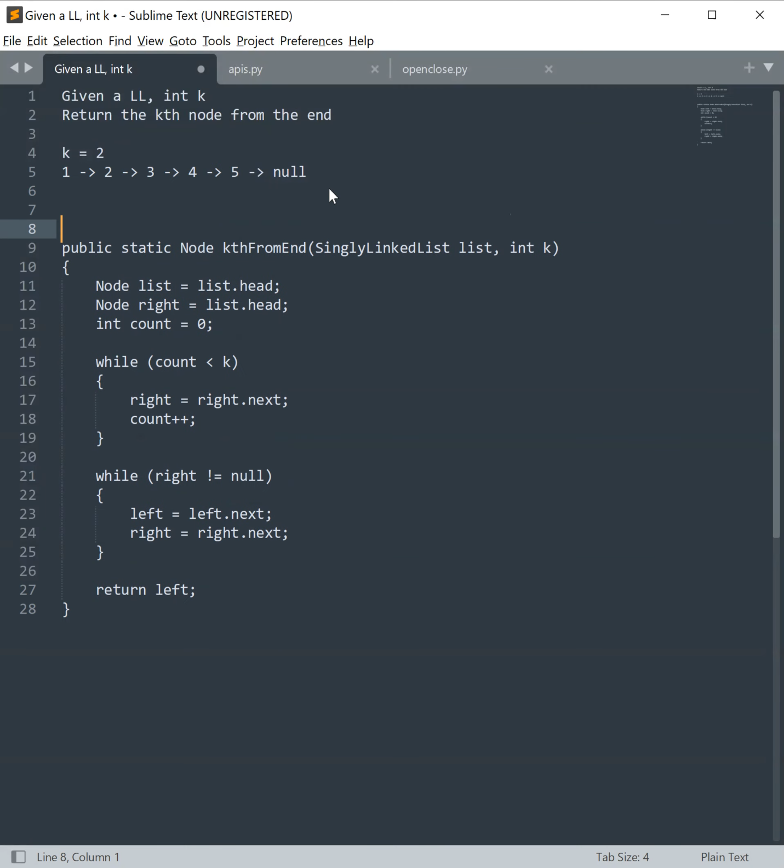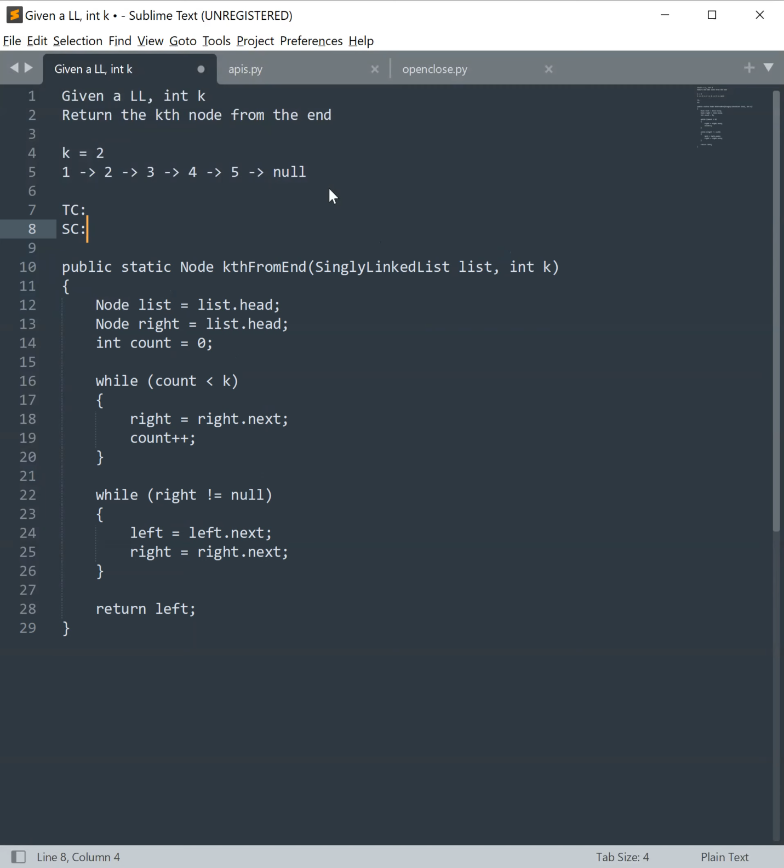So as I've discussed or alluded to a few times here, the time complexity for this algorithm is big O of n, and the space complexity is constant. I'm not using any auxiliary space here. Okay,